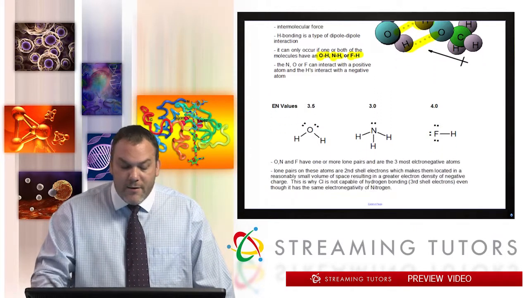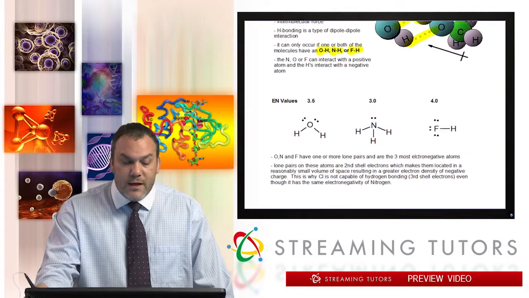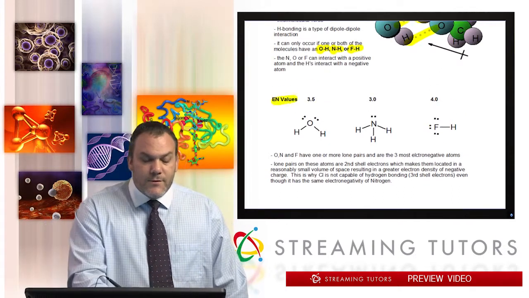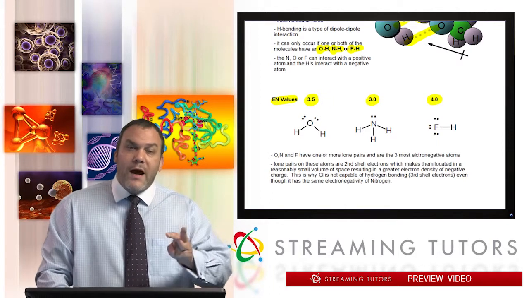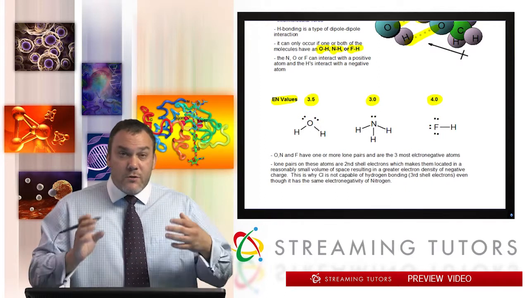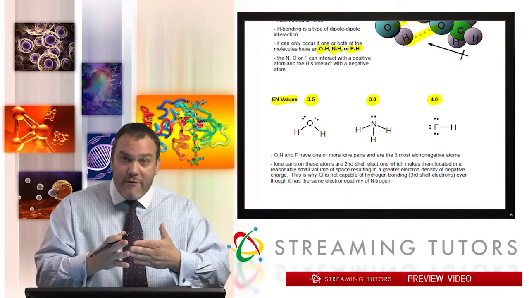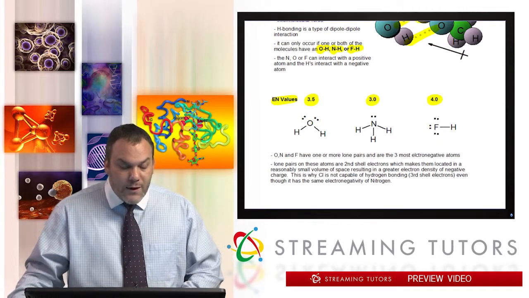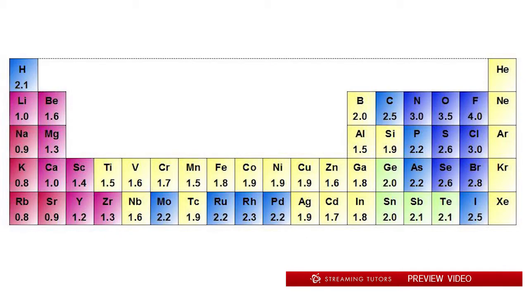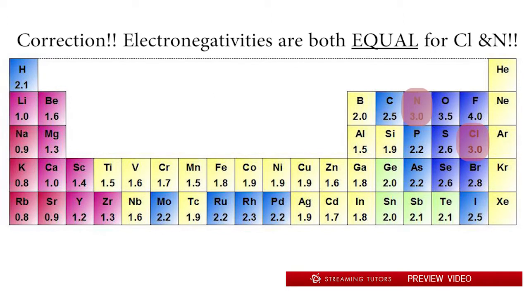Now, what I want to point out, which is somewhat interesting, is that if you look at the electronegativity values, oxygen is a 3.5, nitrogen 3, and fluorine is 4. Those are the three highest numbers from our electronegativities. So they're the most electronegative. And that's why they have hydrogen bonding, as long as there's an H on those atoms. But a common question is, if we look over here on this electronegativity table, look at chlorine. Chlorine is more electronegative than nitrogen. So if nitrogen has hydrogen bonding, why doesn't chlorine have hydrogen bonding with an H on it? And so that's the interesting